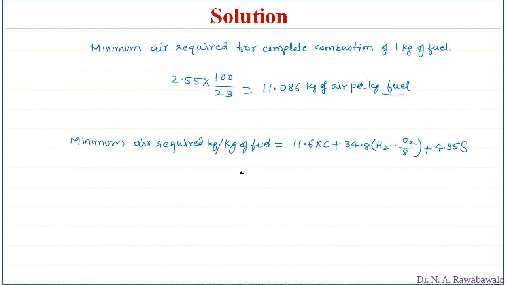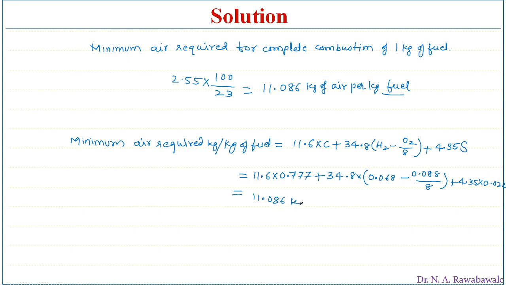So in this problem itself it is given carbon percentage 11.6 into 0.777 is percentage of carbon, plus 34.8 into percentage of hydrogen given in this problem is 6.8%, that is 0.068, minus percentage of oxygen is given as 8.8%, means 0.088, divided by 8, plus 4.35 into percentage of sulfur is 2.2%, that is nothing but 0.022. On simplification again this works out to be